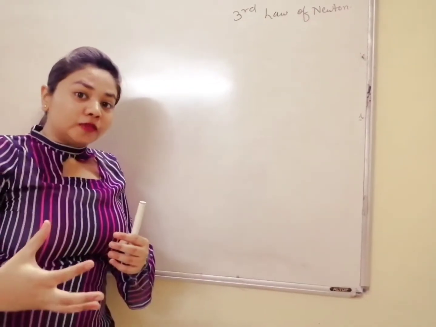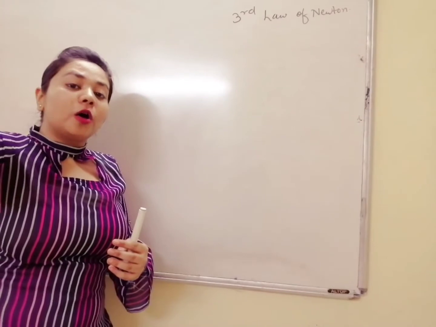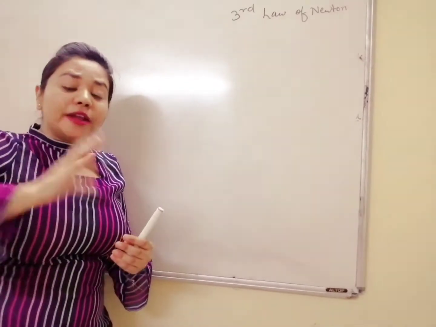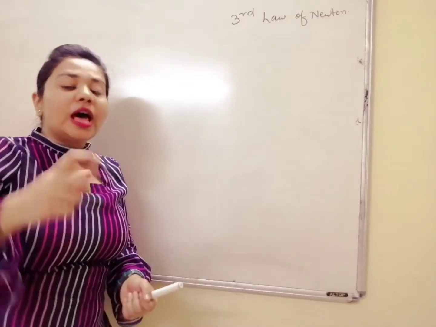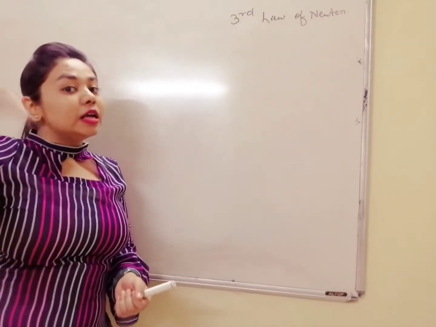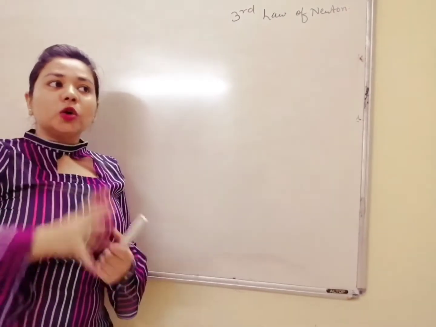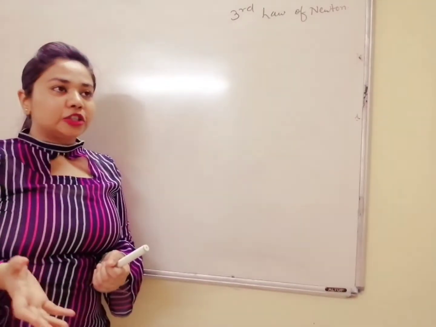What is the reaction of the ball? It is going far away from the place. So this is called as what? Action and reaction. I gave an action and hit the ball and the ball moved in the same direction. Also, one example of equal and opposite reaction is a rocket.